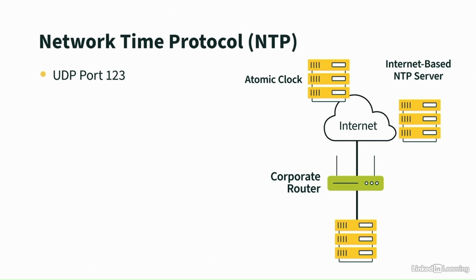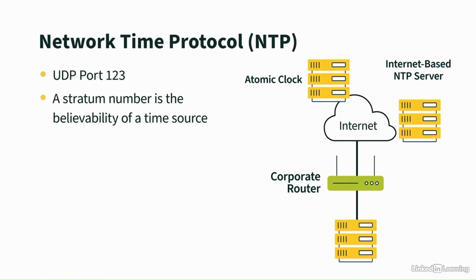Interestingly, there's a way to keep track of how authoritative a time source is using a value called a stratum number. The lower the stratum number, the more believable the time source. The most believable time source is one of those atomic clocks. They have a stratum number of 0. Then, when an internet-based time source learns its time from one of those atomic clocks, they have a stratum number of 1. And if we have a server on our network that learns time from a time source with a stratum number,